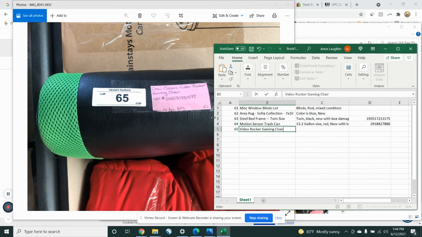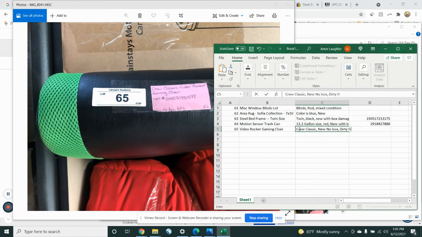Crew Classic, it must be the brand. So I'm going to write here, and again, it's pink. That means it's new, but it's new with no box. So I'm going to put brand is, and if you're not sure, you could just write Crew Classic, comma, new, no box, comma,